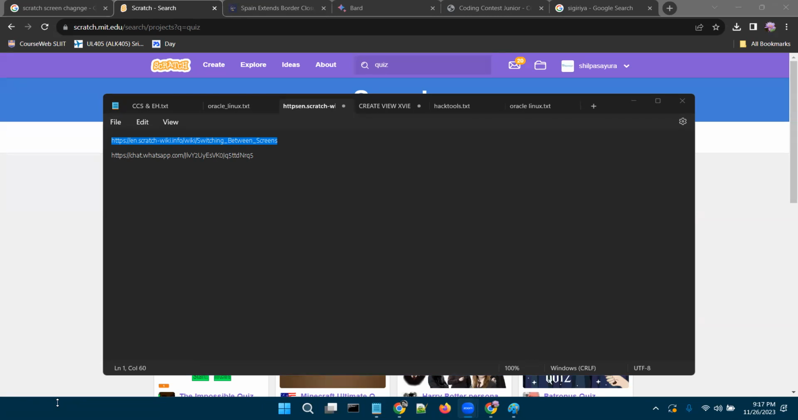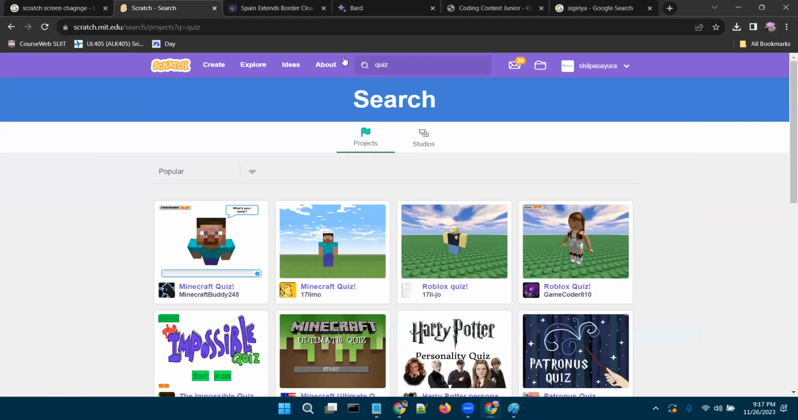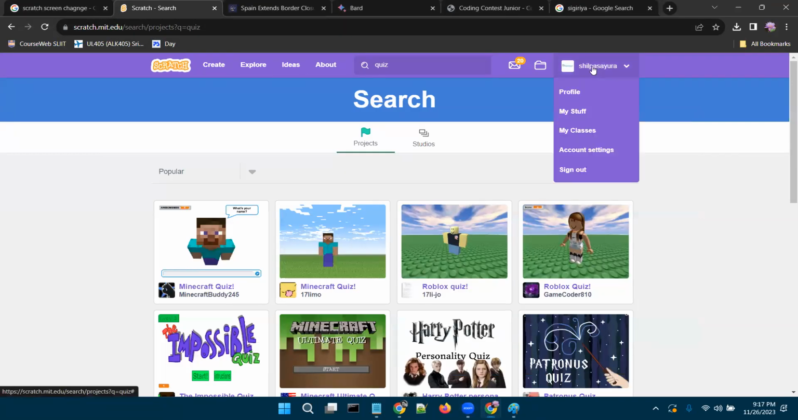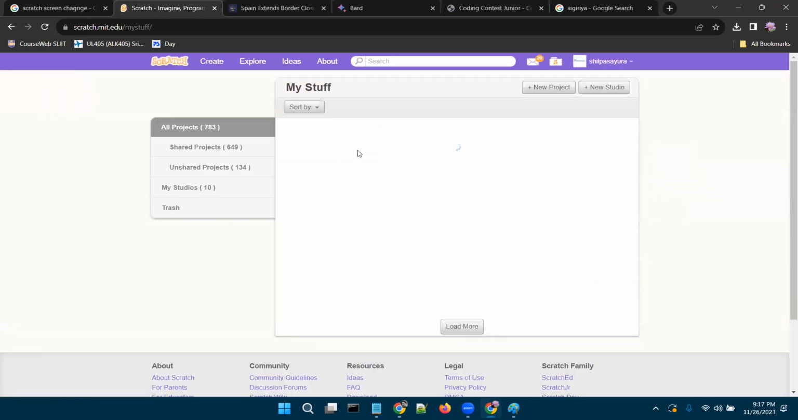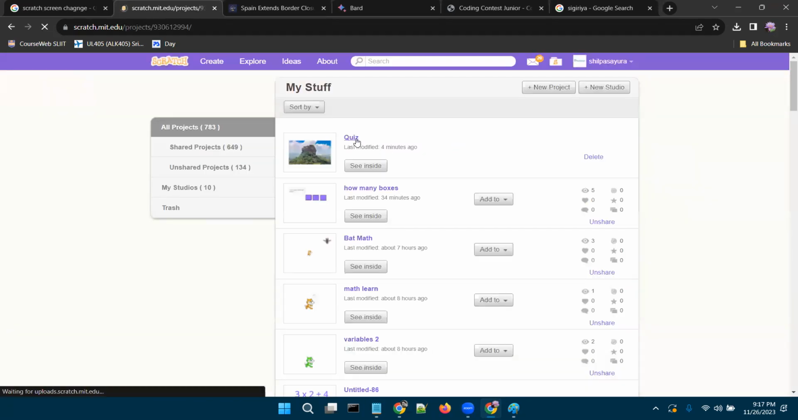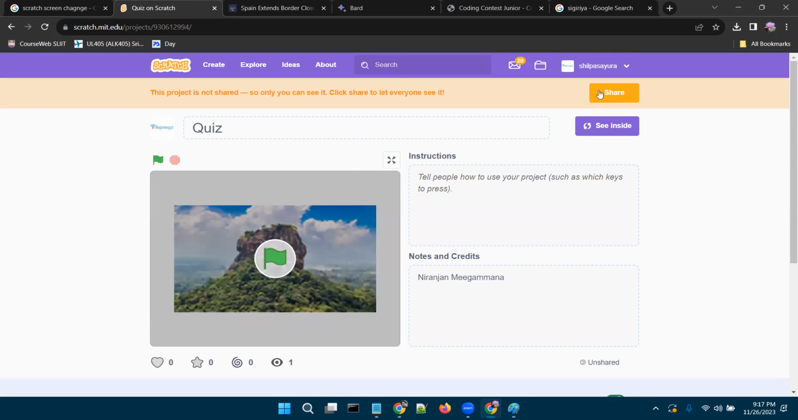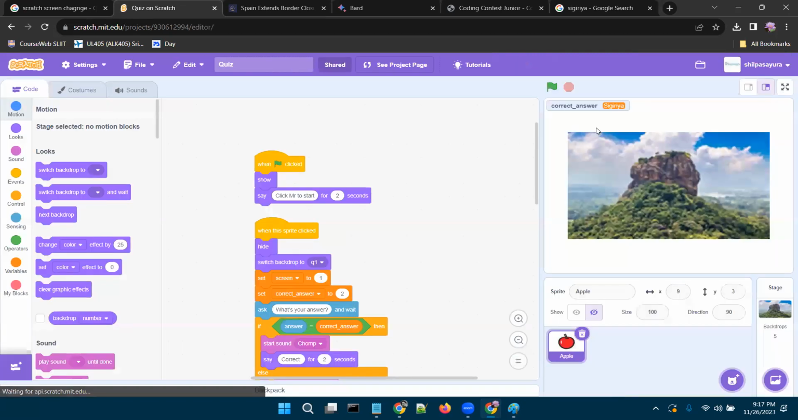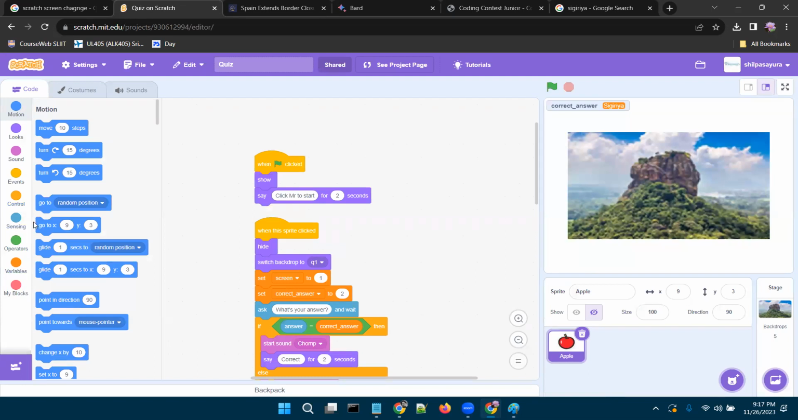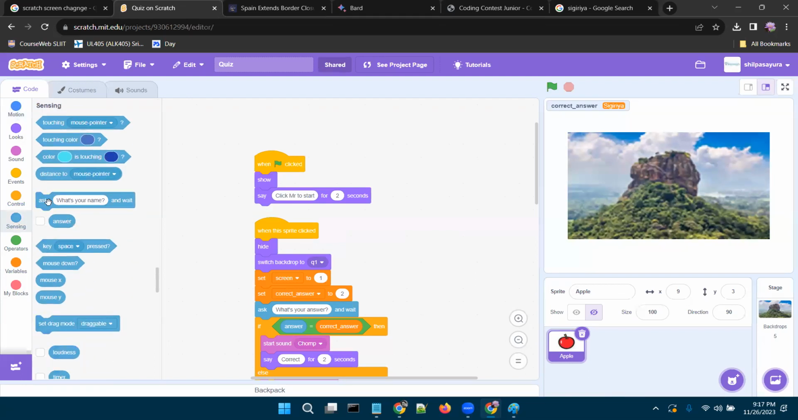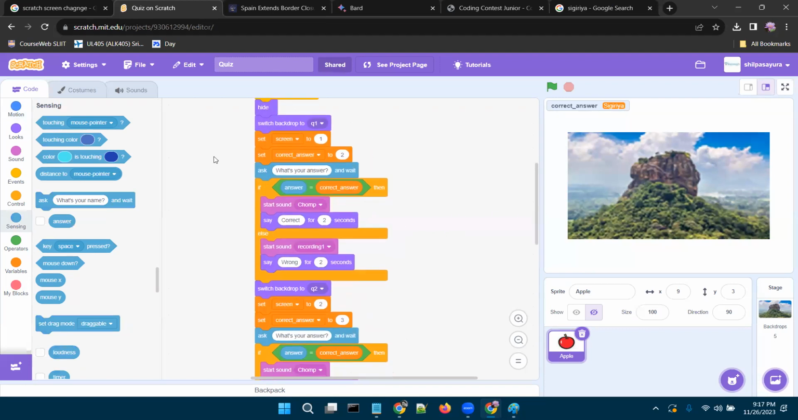You are getting the answer from this quiz thing in Scratch. Under sensing, you have something called answer. So you can ask a question, and the answer they give goes to the variable called answer, which is